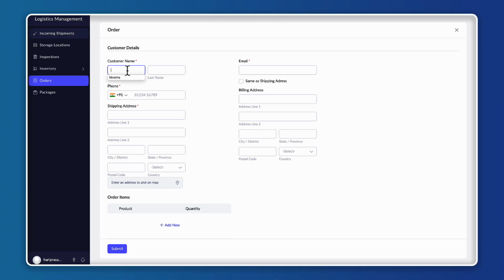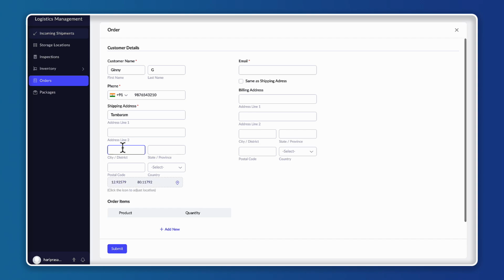So I can add the customer name. Let's say I'm adding Ginny. And the shipping address. So let's say Tamil Nadu, and the postal code,